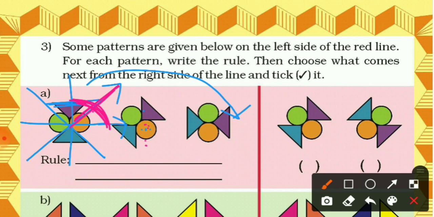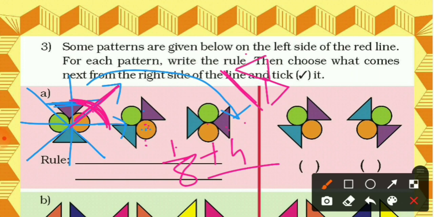Now in the next turn it is another 1/8 turn, meaning we can see a 1/8 turn here. So in the next picture once again it will take its 1/8 turn. In a 1/8 turn what will happen? It will be looking slanted, meaning the triangle will stand slanted. And there will be circles, and yes, the green circle will be on the right side and the orange circle will be on the left side. So we can see that the second picture is the right answer.